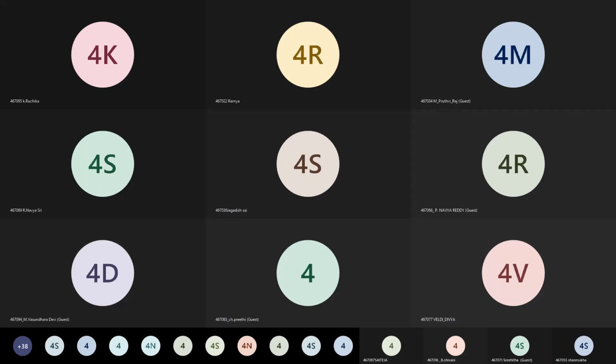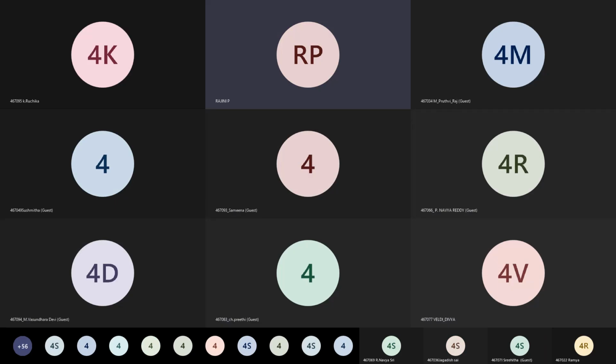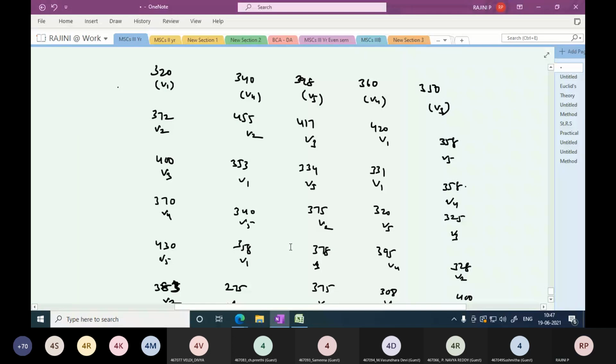Check it. Does this data need to be arranged? We need to arrange it, ma'am. Yes, here they have given complete raw data. So what is that? This is a complete experimental material.